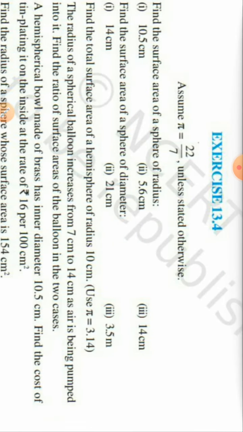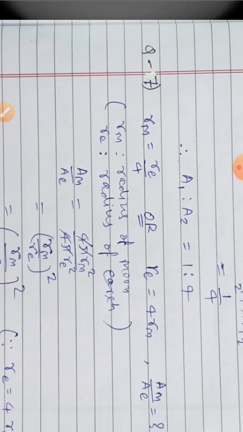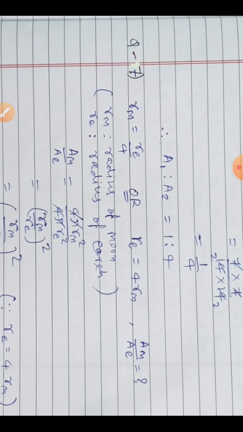But if you clarify Re upon Rm, then it is not wrong. Mostly in mathematics or any subject like physics, the answer of a ratio is given this way only, according to the sequence. So here moon is first, then earth, because moon's area and moon's radius is important here, rather than earth. So Am upon AE means ratio of area of moon to area of earth.